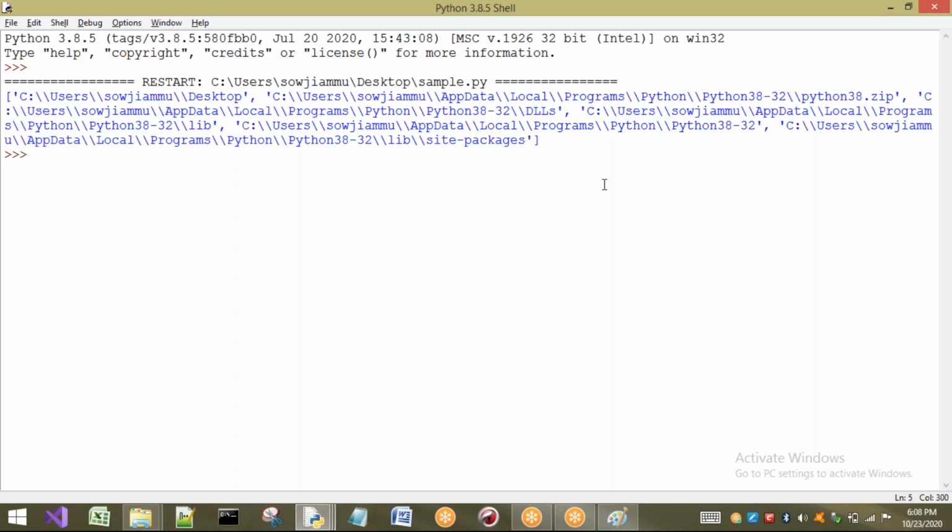That's it. Now I want to add one D directory address to my path, so that whenever I execute anything from the D directory, it is possible if the path is present. If the path is not present, I cannot execute.